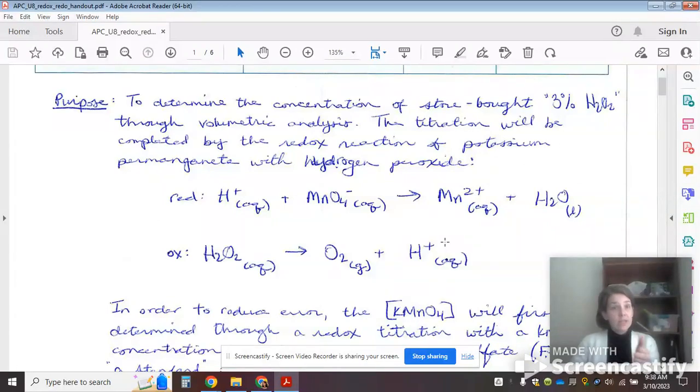This is also the indicator in our reaction. You'll recall that permanganate is a deep purple because the manganese ion in its 7+ form is deep purple. And then the manganese ion as a 2+ ion is colorless. So you drop the permanganate from the burette into the hydrogen peroxide solution and it goes colorless. So it's purple in the burette and then goes colorless. Well, what that tells